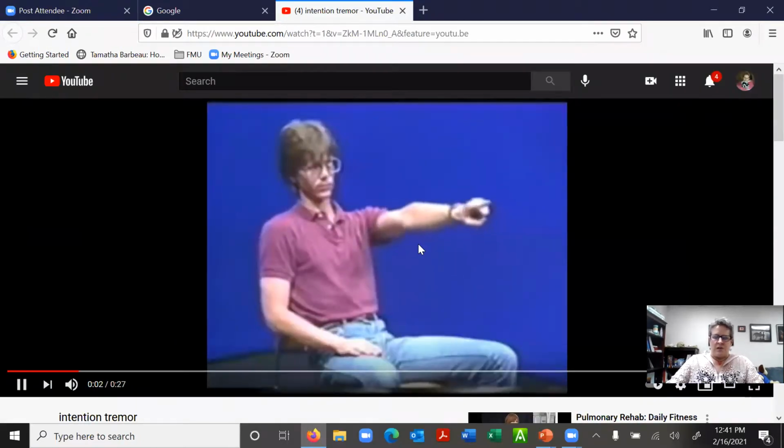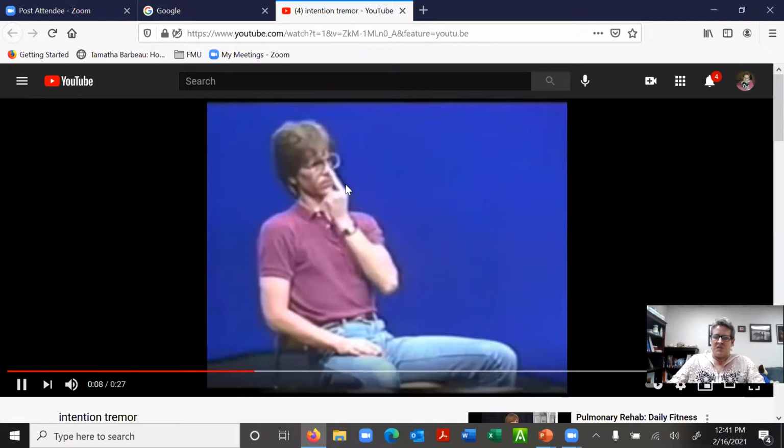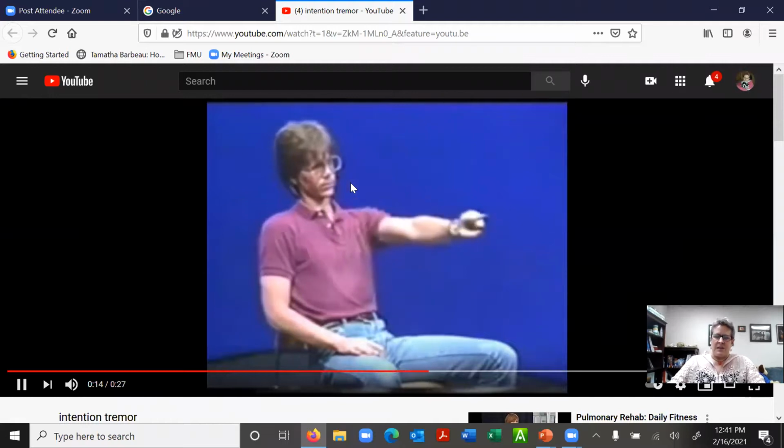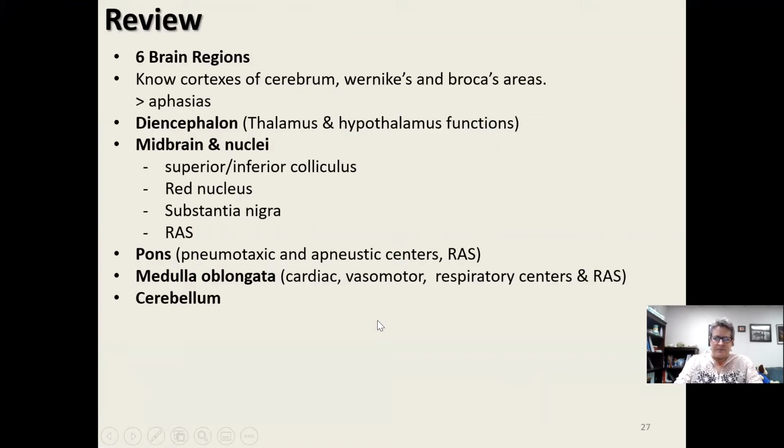Okay, so the doctor asks him to touch his nose, which most of us could do with our eyes closed. But at the end of his range of motion, he is missing, compensating, and you see that wobbling of his finger. That's a classic intention tremor from cerebellar ataxia. Okay, so this is a good place to call this lecture done, and we'll pick up with the continuing lecture after